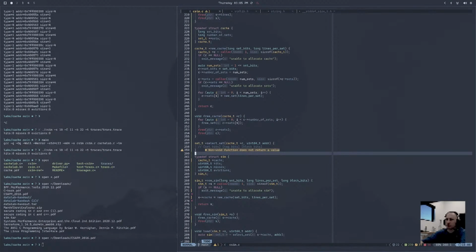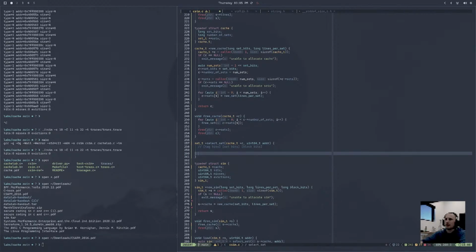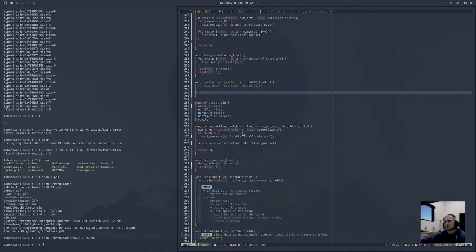So let's go back here. I got these mixed up. Set bits go here. Tag bits go up here. I thought it was reverse. So we need to pull out those cache bits. We also need to know the tag bits. So if you get set bits, lines per set, and block bits,